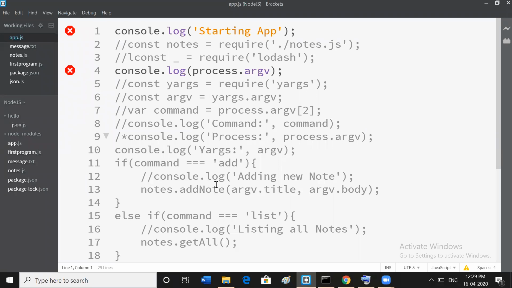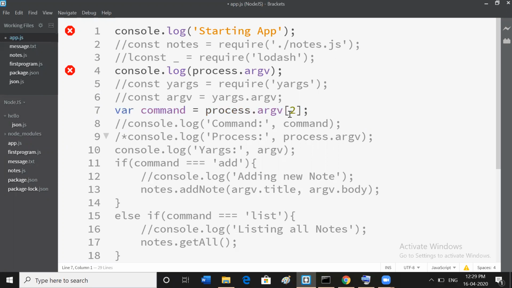So here I want to access the particular command. It is showing all the values that appear in the command line, but I want only the command, so I created a variable called command.